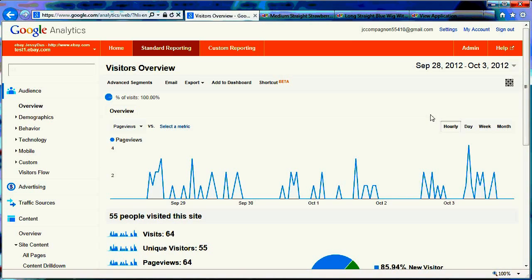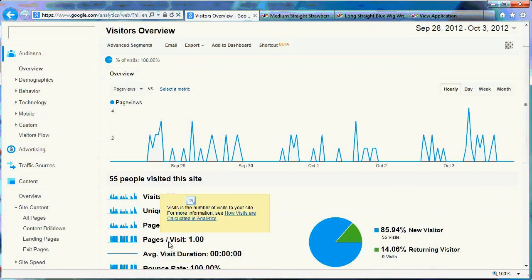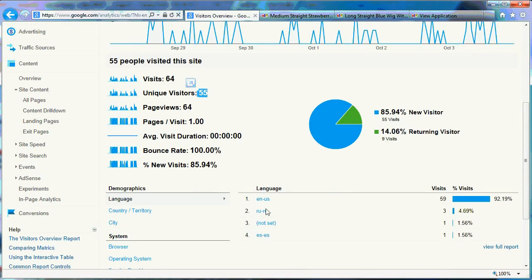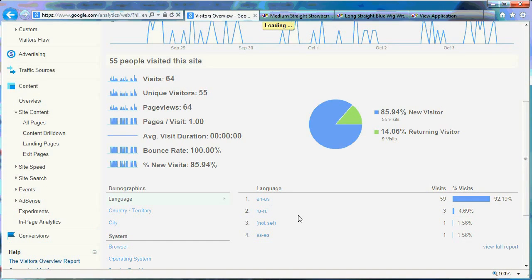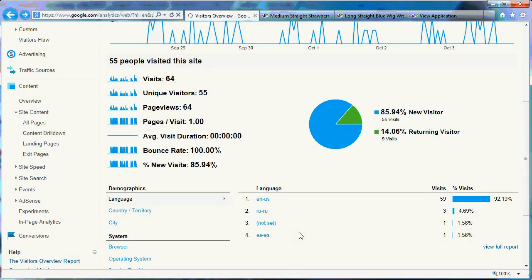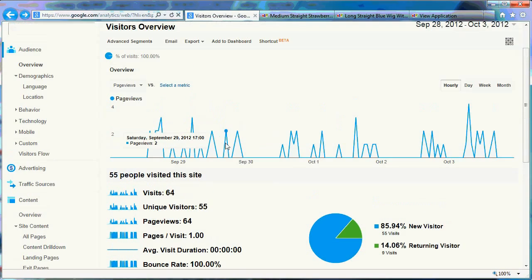And you can see what we're learning is that we got 55 unique visitors, and a lot of them were from the US. We got somebody from Spain to look at it, and a few people from Russia to look at it. But for comparison, I switched here to page view, and we can see that we got some page views